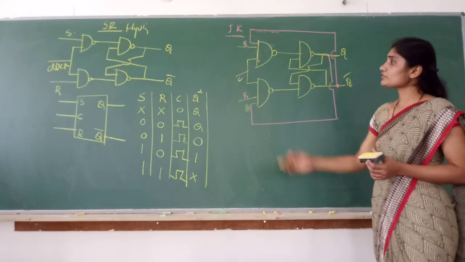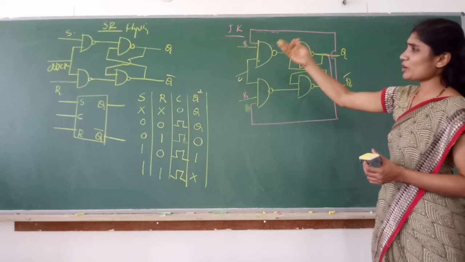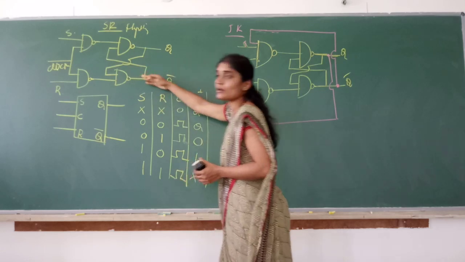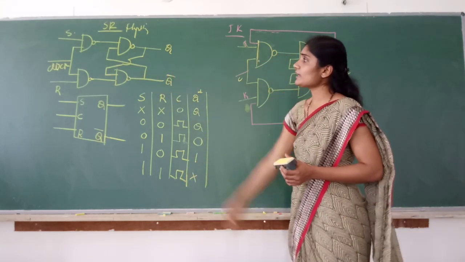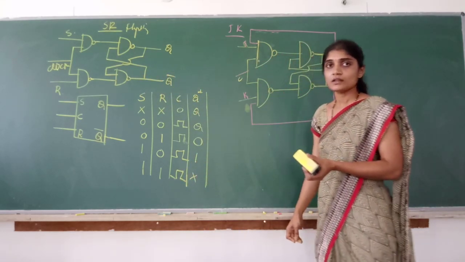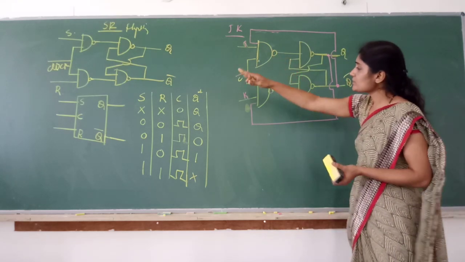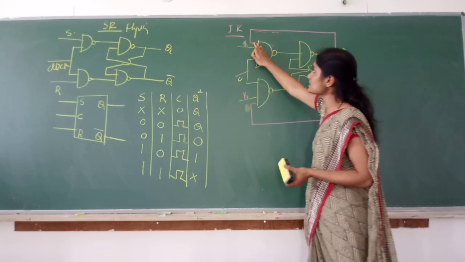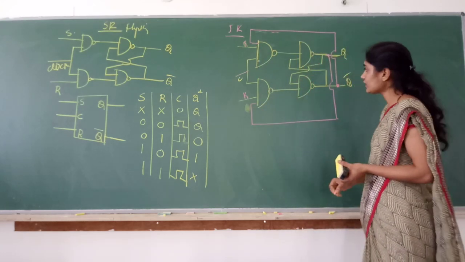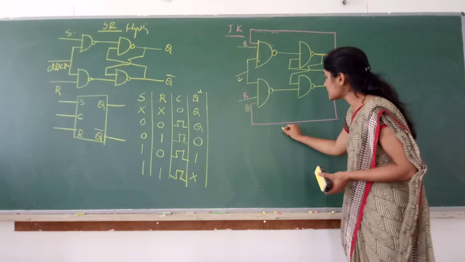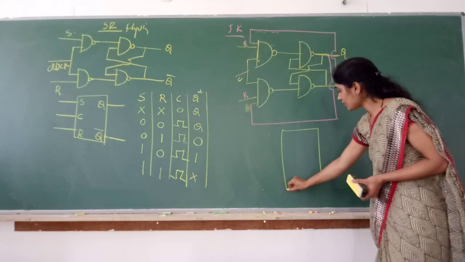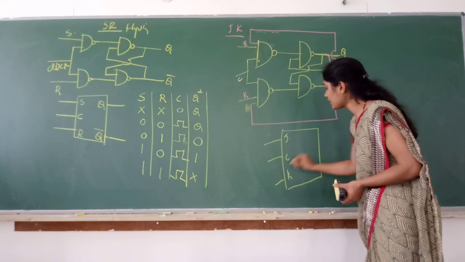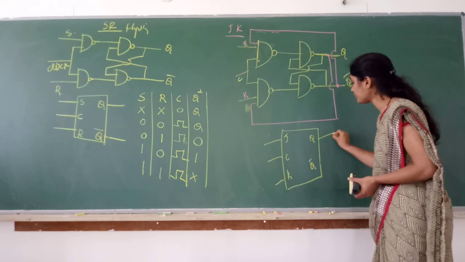Okay, got it? You need not learn by heart or practice the SR flip-flop circuit. That circuit is also very simple. This is just the bistable element with NAND gates, and the first level NAND gates we have added to give the clock pulse, the control input. The same circuit we have modified by giving one more input for both the first level NAND gates. This is from Q bar and this is from Q. Okay, so the logic symbol: the inputs are J, K, clock; Q and Q bar are the outputs.